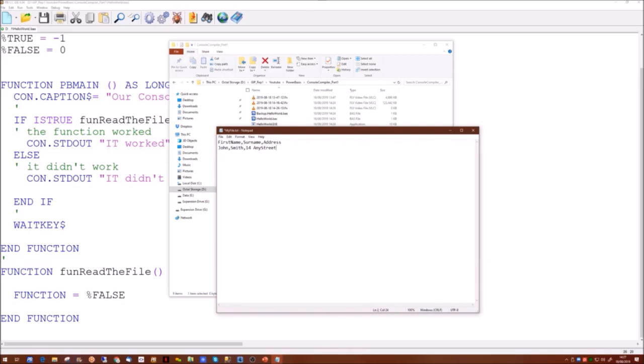Something really easy. Right, okay. We will save this one. And this is the file that we're going to read within our program.